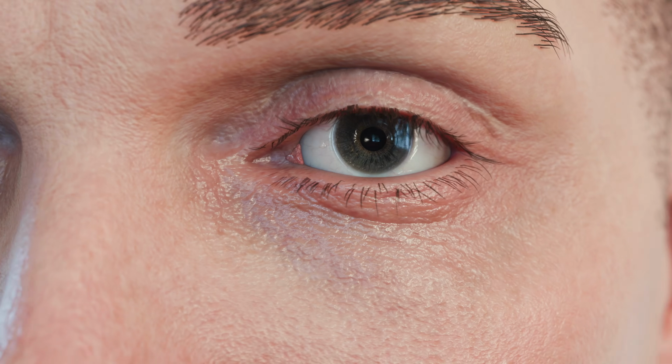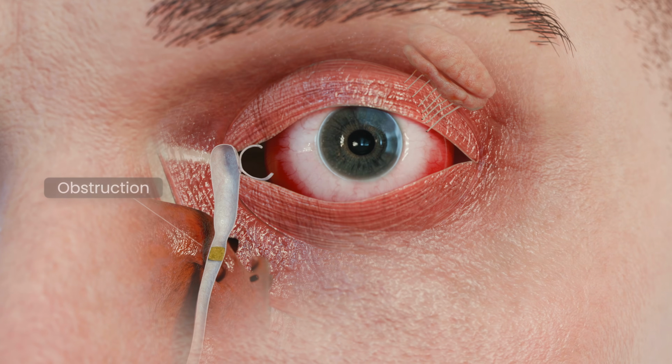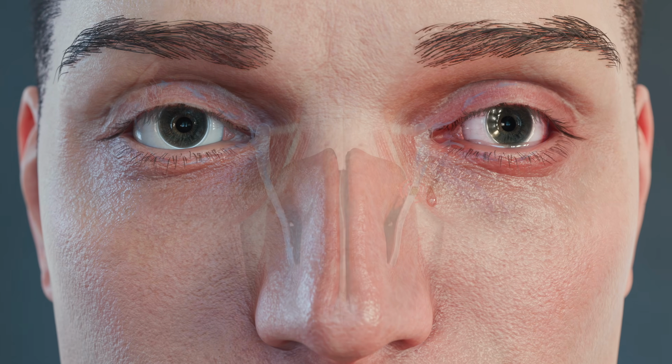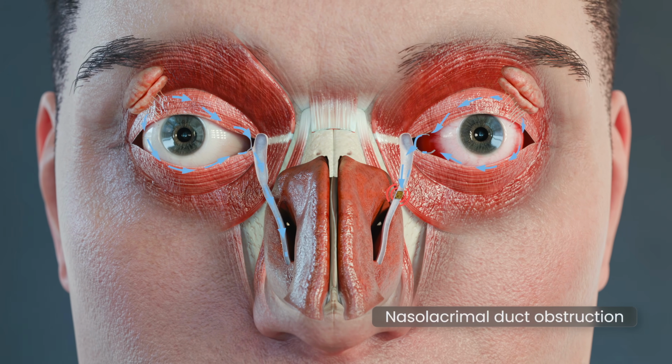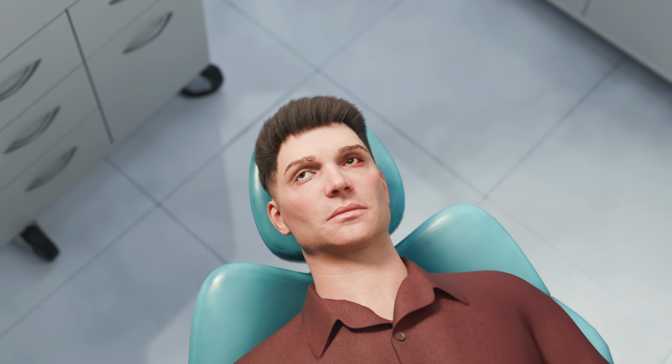Nasolacrimal duct obstruction, or Dacryostenosis, is an impairment of tear drainage from the eye into the nasal cavity caused by a blocked duct. This leads to persistent tearing and recurrent episodes of conjunctivitis and dacryocystitis. The goal of nasolacrimal duct probing is to mechanically dilate the narrowed segment of the nasolacrimal duct and to restore